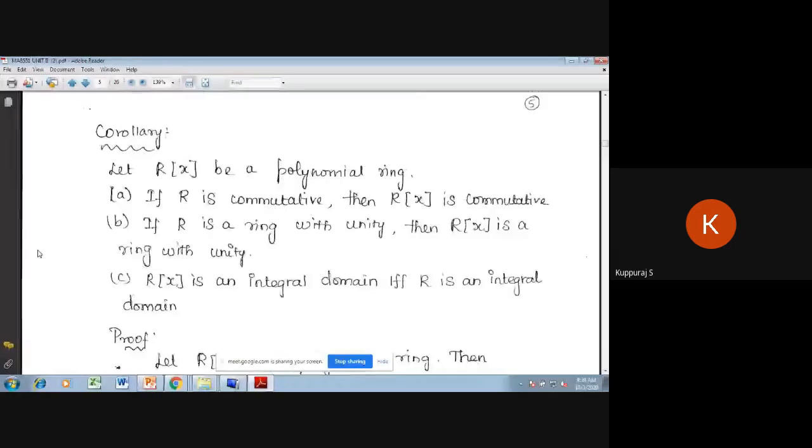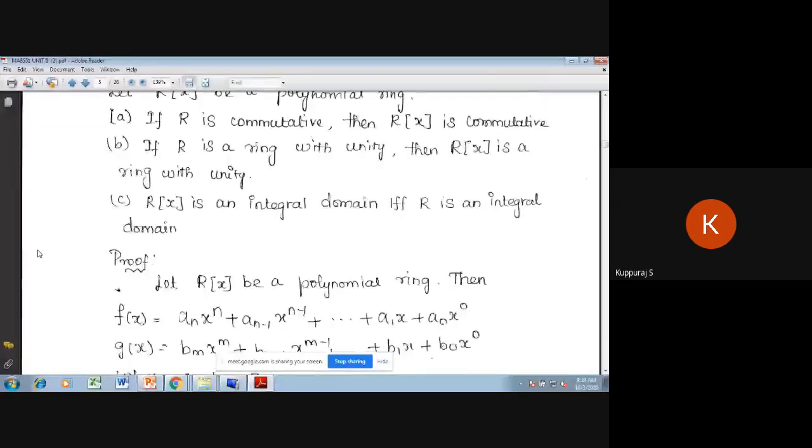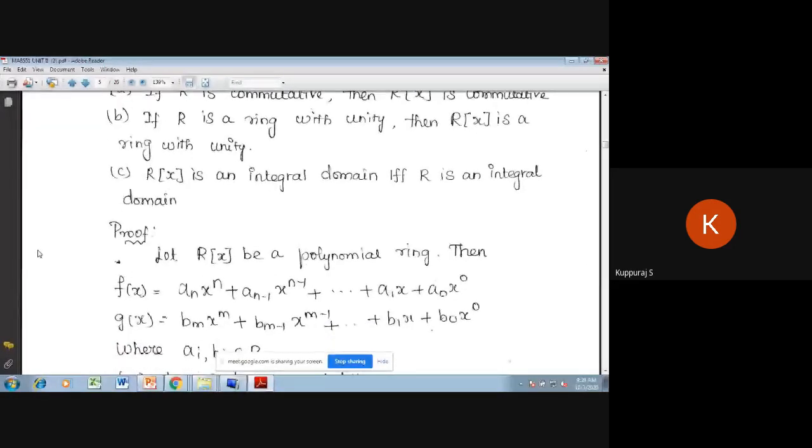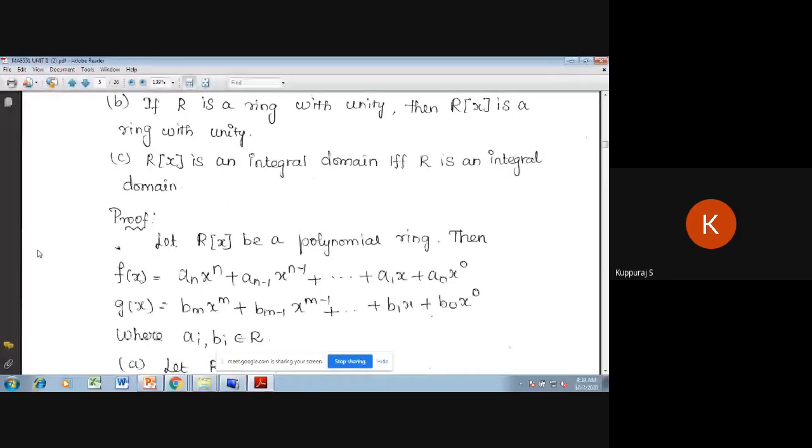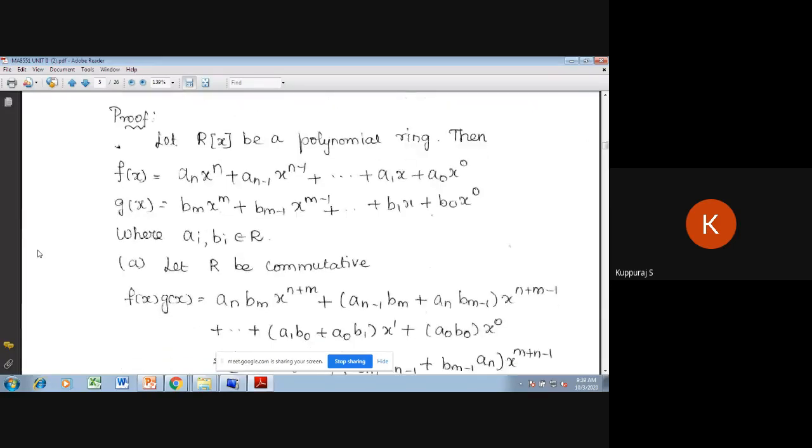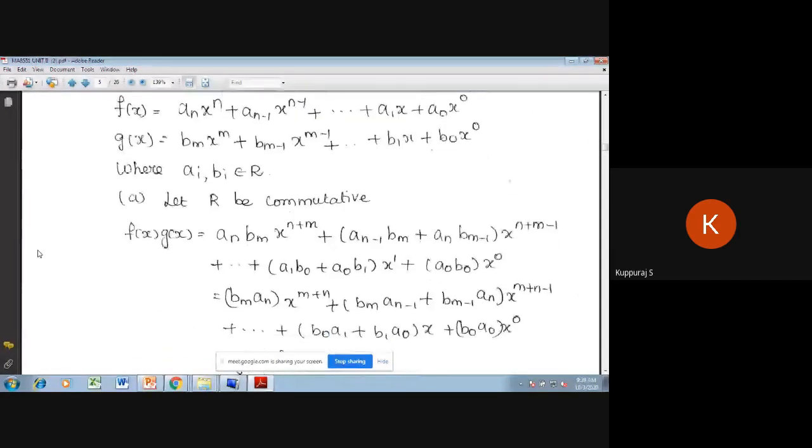So how to multiply? Look at the f of x. So an into x power n, the first term of f of x, is multiplied with each term of g of x. So you know the multiplication, how to multiply the two polynomials. Then an minus 1 into x to the power n minus 1 is multiplied with each term of g of x. Okay. Then after multiplying,